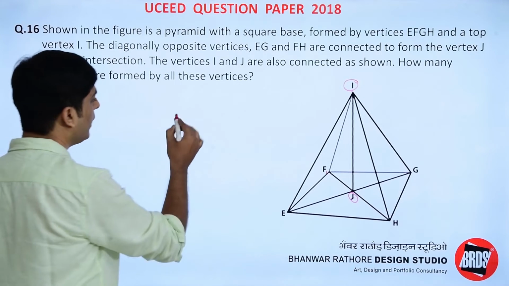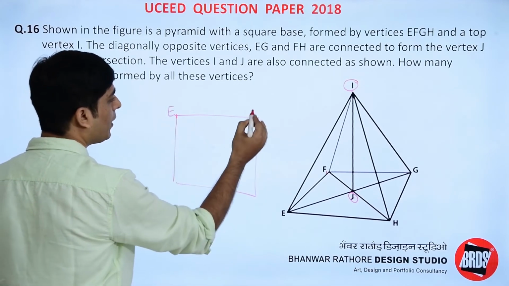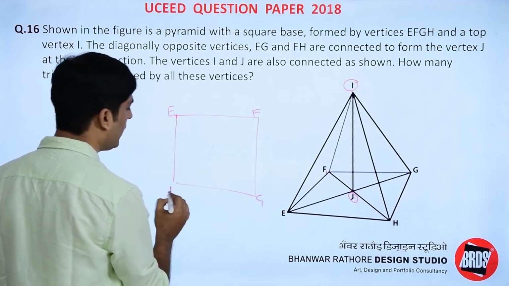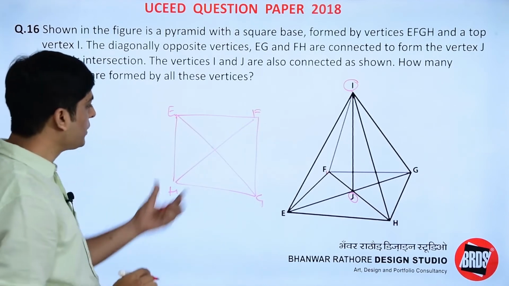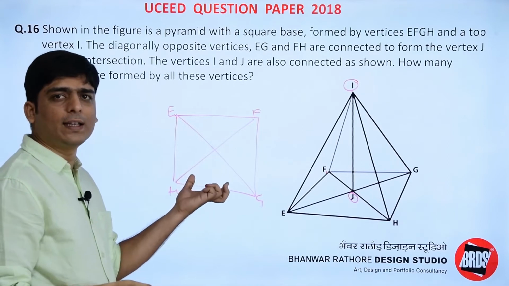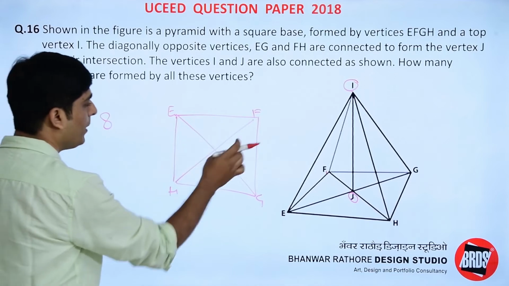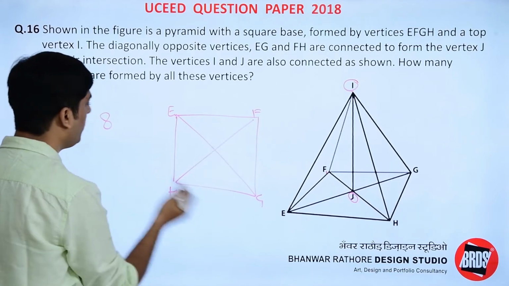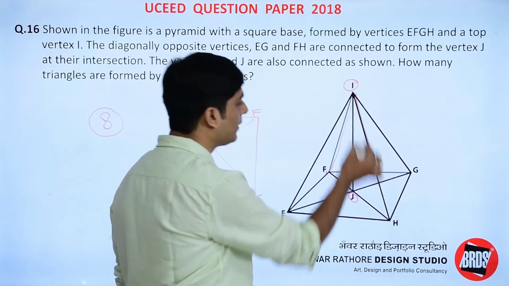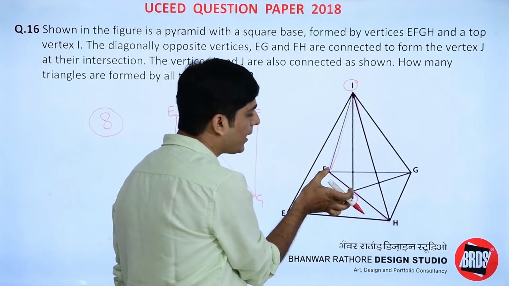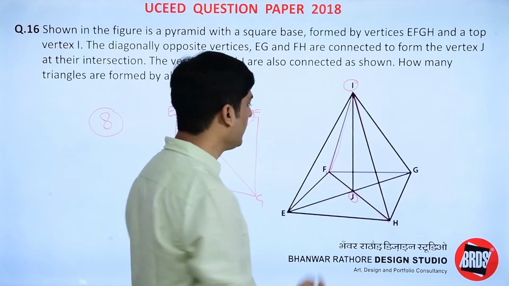First of all, we can do one thing. We will make a square E, F, G and H. By observing this figure, we can directly say the number of triangles would be 8. How? The smaller ones would be 4 and the combinations of 2 would be again 4. So the total would be 8. Now coming to this triangle: one triangle, two triangles and overall one more triangle. So 3 triangles are there.